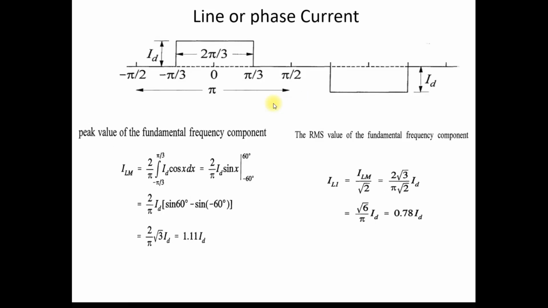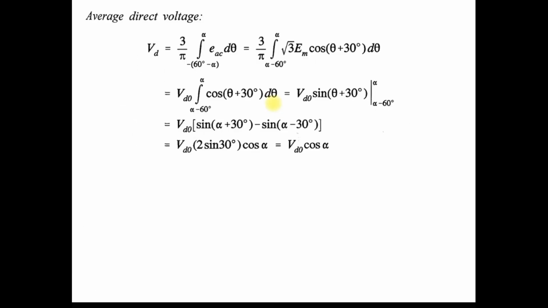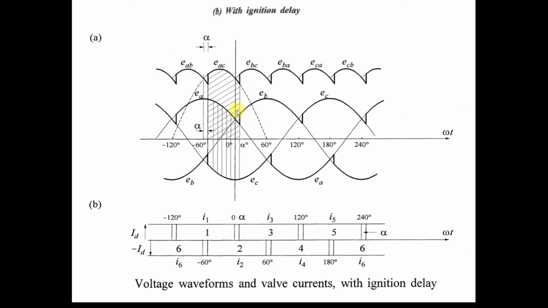It means that you can see here in this waveform, in both of these analyses, that at alpha, when you fire valve number 3 because B phase is positive, at that time the current suddenly changes from EA phase to EB phase. You can see here the current waveform or valve current. From this point, instantly the valve 1 current becomes off and the valve 3 current starts.